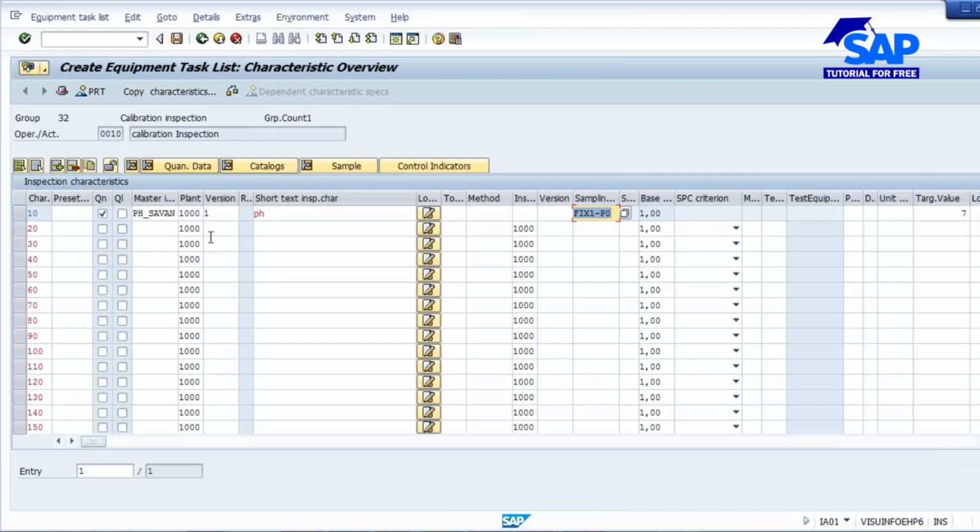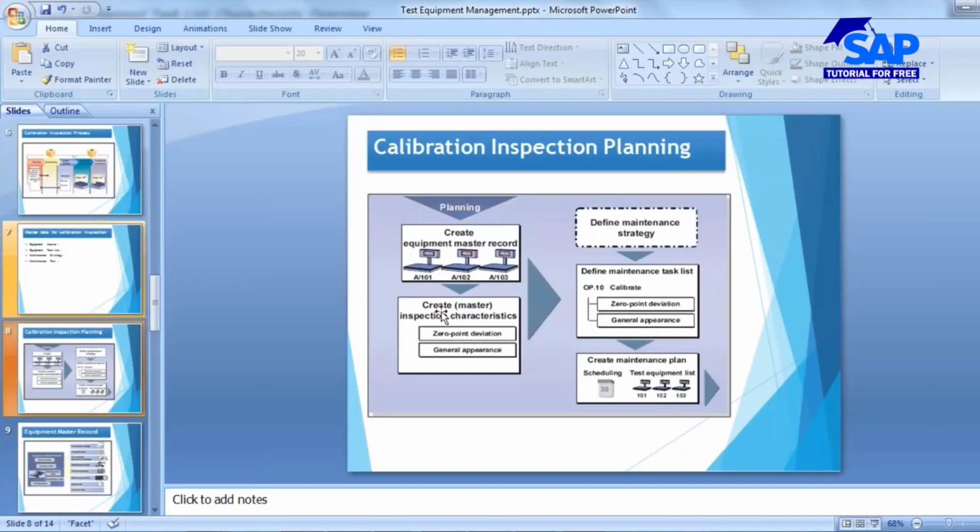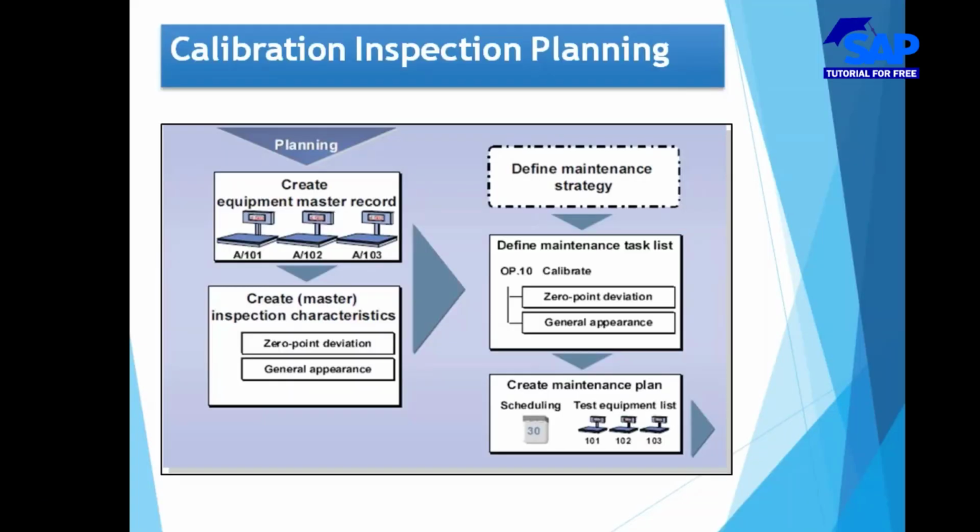Now the question is, here you will be maintaining the... we created the maintenance equipment master. We completed creation of the equipment master. Then we assigned the master inspection characteristics. Now we need to have the maintenance strategy.